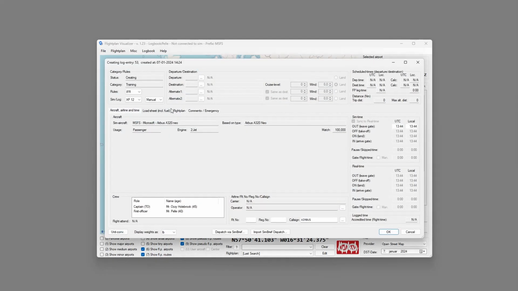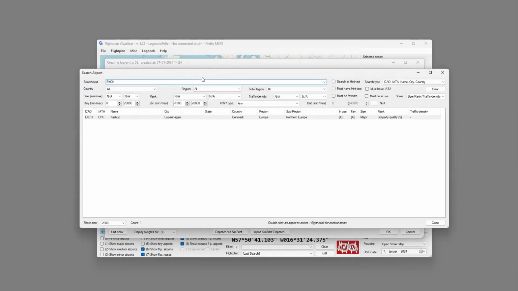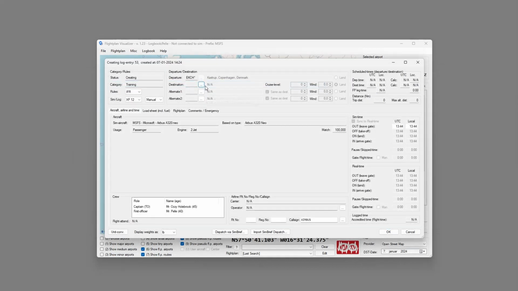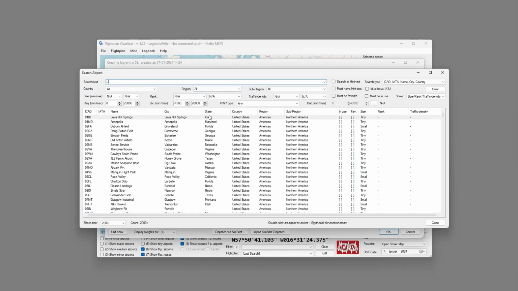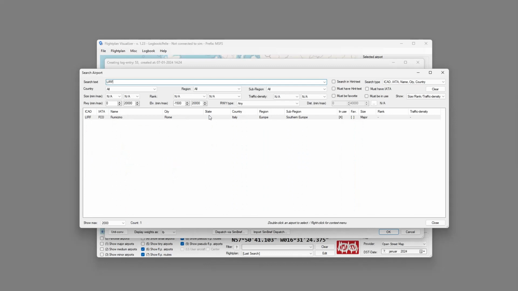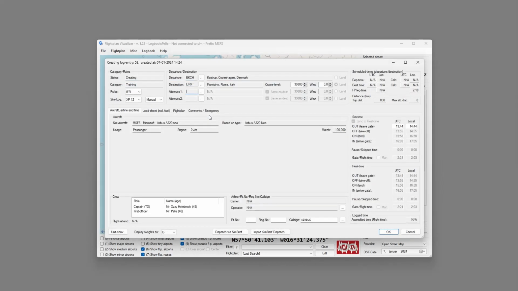And we choose the Neo. And we need to choose the departure airport. So let's choose Copenhagen. And let's fly to Rome, Italy. Because we are not type rated for this aircraft, you see the captain and we have this parenthesis